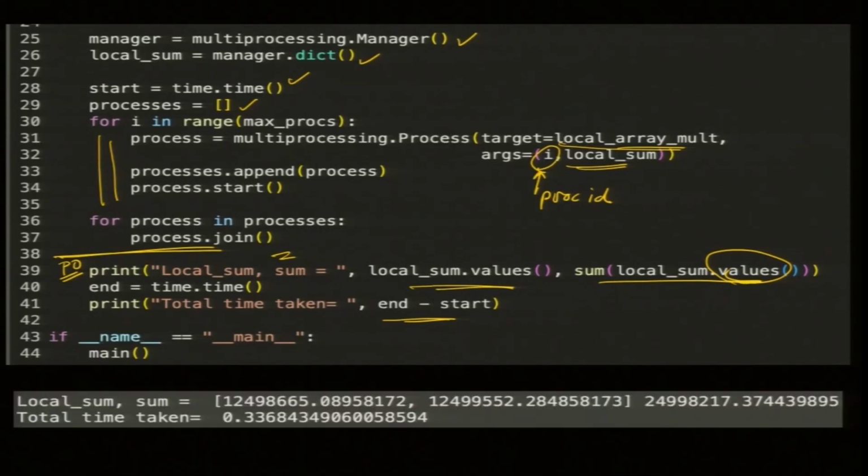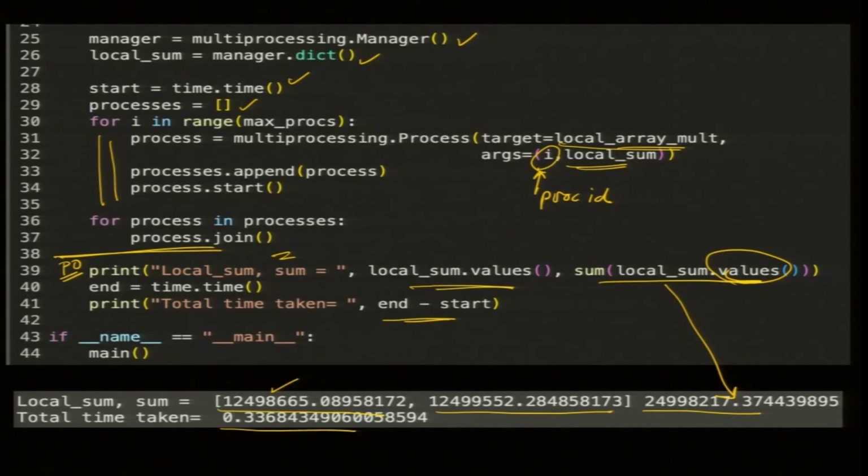When I run it, I get the local sum for process 0, the local sum for process 1, and this is the total sum, and the total time taken is 0.3368. I should keep only 2 decimal places, but this is just printing. It turns out I was a bit delayed in the night, so I did not do careful speed up calculations. With 2 processes we expect it to be half or near half. I was not getting that on Colab. Now we need to dig in to find out why.